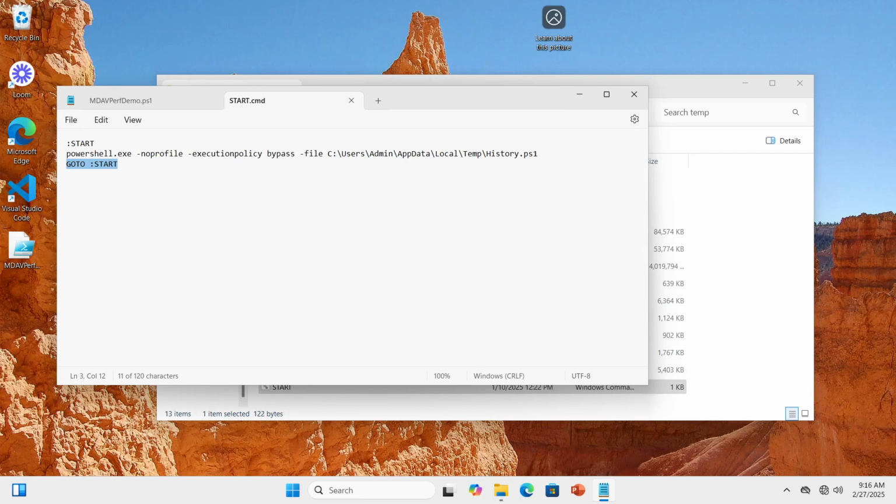Why is someone doing that? In this case, it was an administrator that had not optimized the logic for what they were trying to do for their PowerShell scripts. There are many things they could do to remediate this, and obviously, it'd be ideal for them not to run the PowerShell script from the user profile's temp directory. They're also able to sign the PowerShell script, so that only signed PowerShell scripts will end up running in their environment. But in this case, they just would need to optimize this code so that it doesn't loop